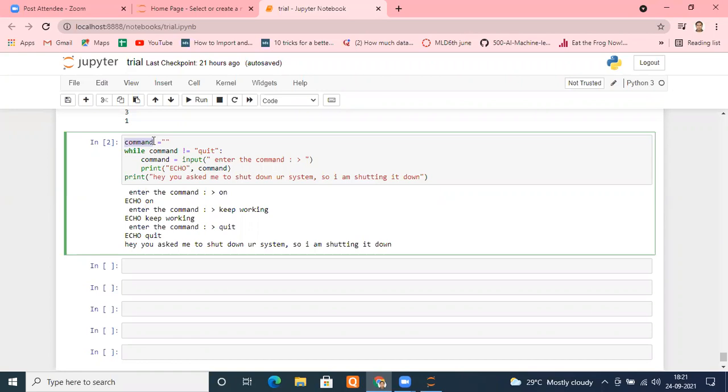Okay, fine, perfectly fine. First of all, what is our requirement? Our requirement is we want to ask the user: when you say shut down, only then I will do shut down, or whenever you say quit, only then I will quit the system. It may be anything whatsoever. Suppose here I give a command under the while loop to turn on your AC.